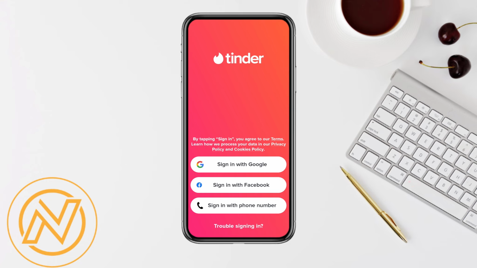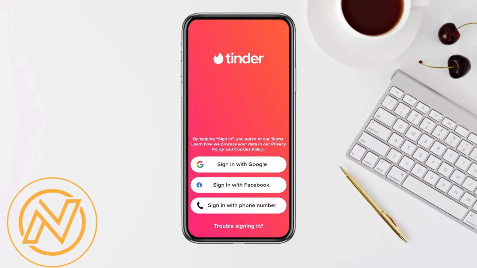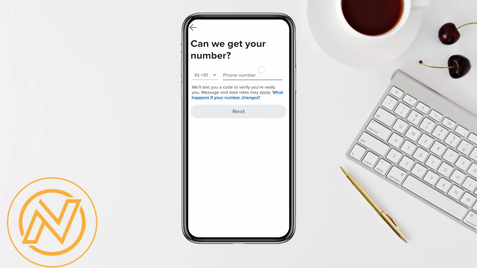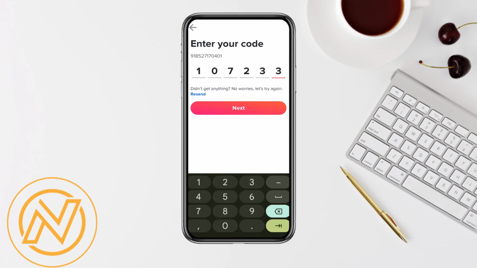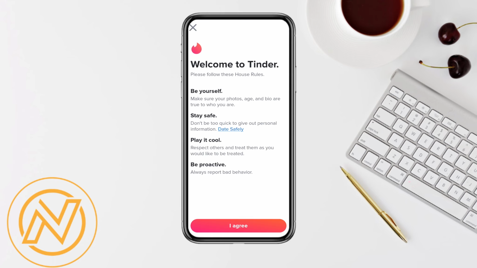So I'm going to select my Google ID, and just simply select the ID through which you want to create or set up your Tinder account. And once you have selected the account, over here just enter your phone number. A code will be sent to your registered mobile number and you just have to enter it and click on next again. And once it is done, you will see this interface where it says welcome to Tinder,